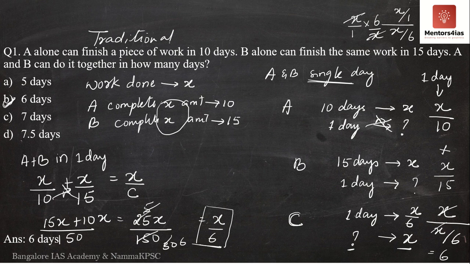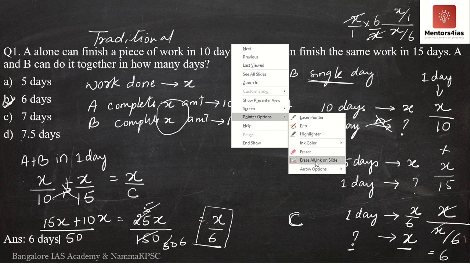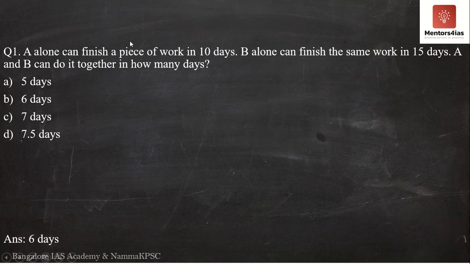Now, however, I did tell you that I will solve it by 2 methods. So now I will take the second method to solve this particular question over here. Now the second method, I call the second method the chocolate method. The chocolate method, and this is very simple now. Now instead of x,